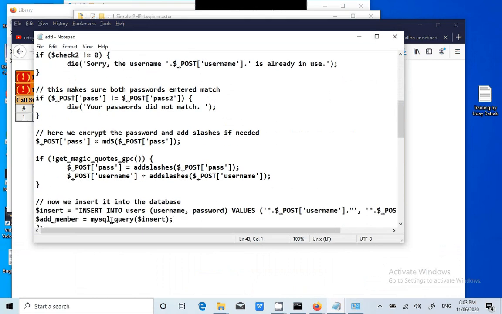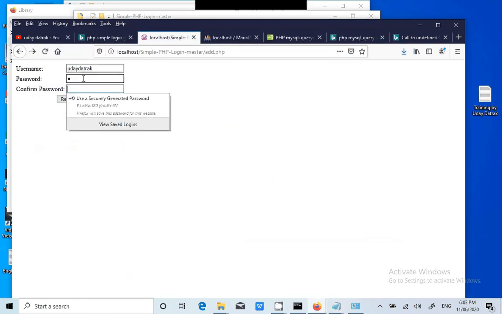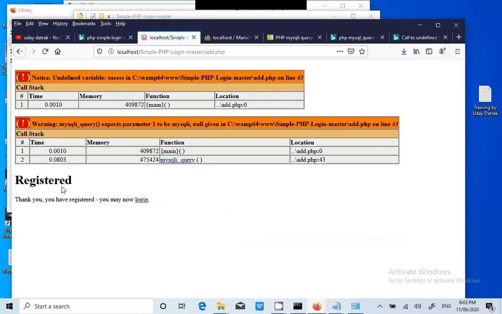So instead of mysql_query, what we need to do is mysqli_query, and it accepts two parameters. So $success, comma. I'm just trying for the first time because I deprecated once. Awesome guys, registered. Thank you.